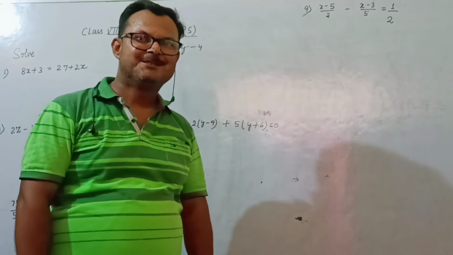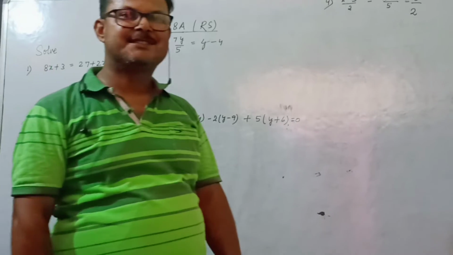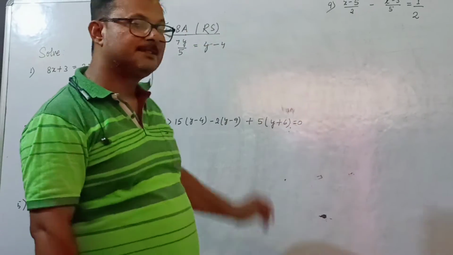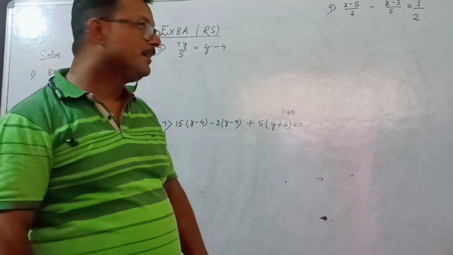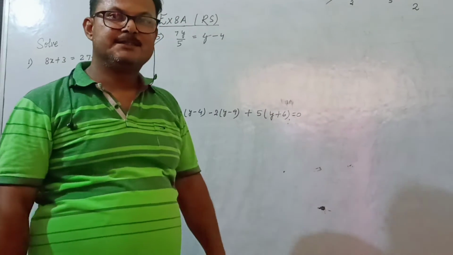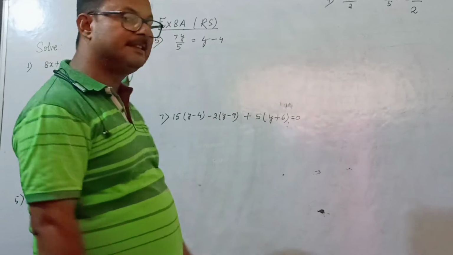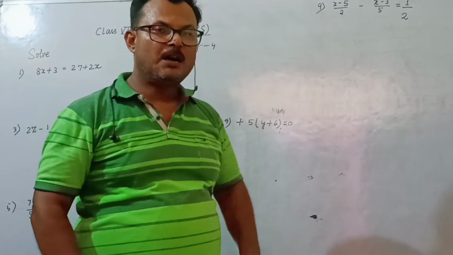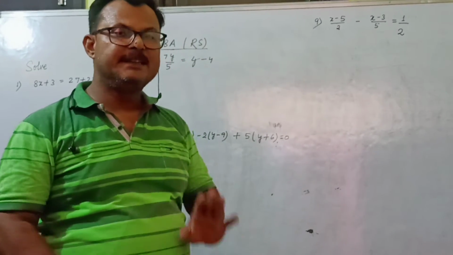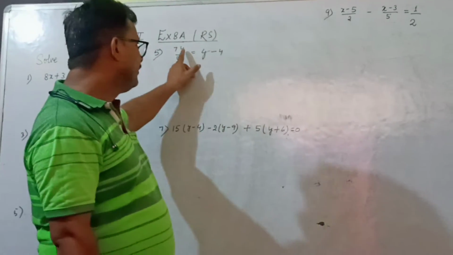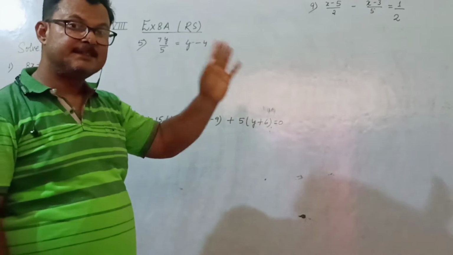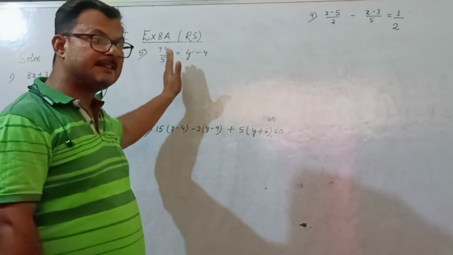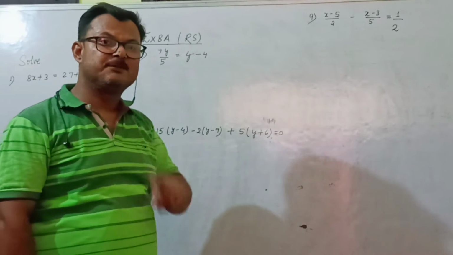Hello students, we are with linear equation in one variable, class 8, and today we are with the chapter book R.S. Agrawal, exercise 8A. This is a question based on linear equation. See, a few facts you should know to solve the equation. Firstly, linear means if the power on the variable is 1 and the sign of equality is given, that algebraic expression is said to be a linear equation.